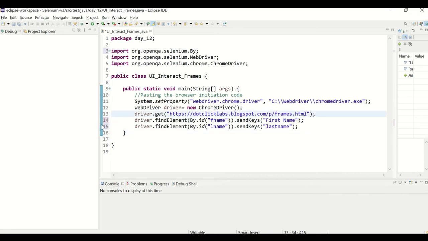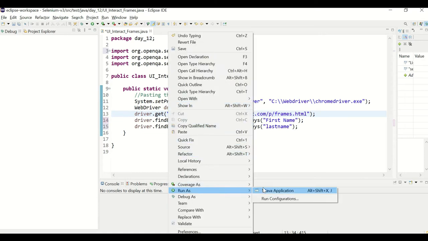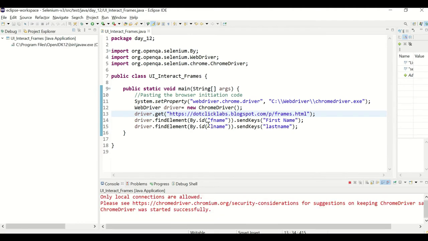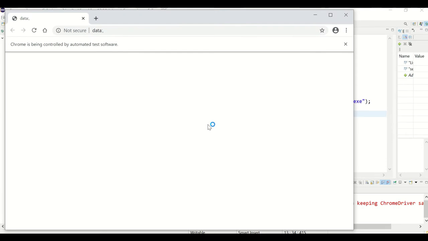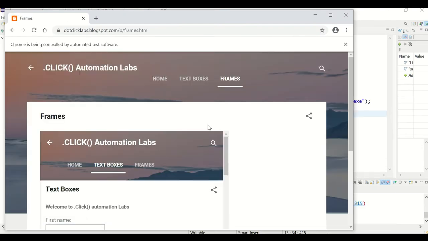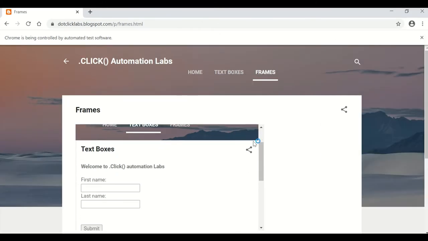Just right click and run as Java application. As we did not save, it asked me to save, and I clicked it. Then it's executing now. This opens the frames window and it should enter first name and last name. But nothing happened, nothing was entered in the first name and last name text boxes.